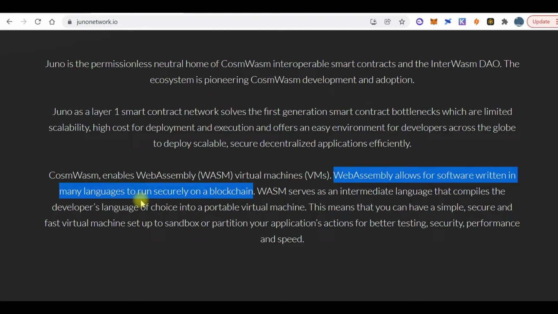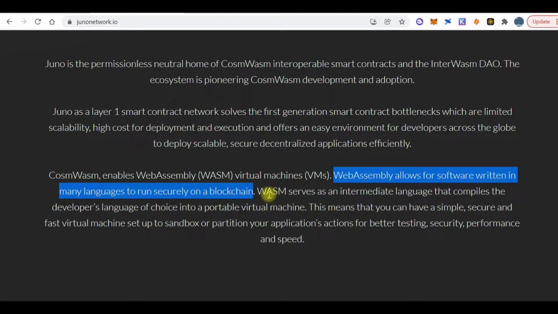If you want to deploy anything on the Ethereum network, you have to have your software written in Solidity, and if you want to do that in Solana, you have to write that software with Rust. So most blockchains have their own language, but Juno makes it possible for you to write in a couple of languages and still have it run on Juno's blockchain, which is totally different.